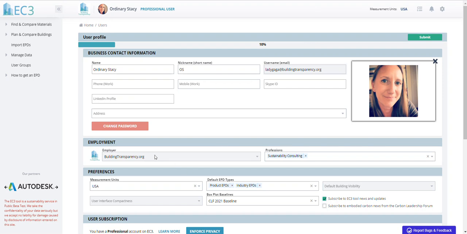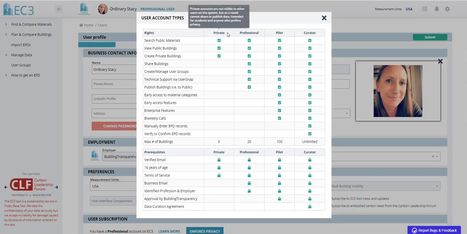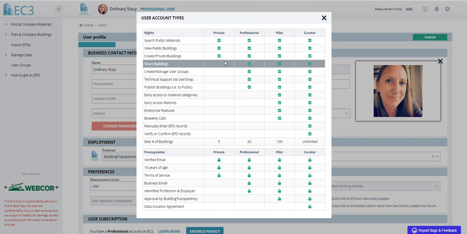Again, the most important part is this employer and profession designation. You'll see if I click on this professional user where it's telling me what I am, it'll bring up the user account types. Your user account will default to private until you have set your organization or employer and profession. This is based on just privacy rules around what we can share. When we know you're a professional user tied to a professional email address, this enables you to be able to